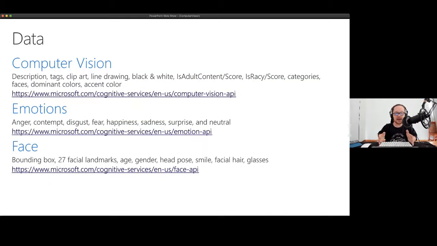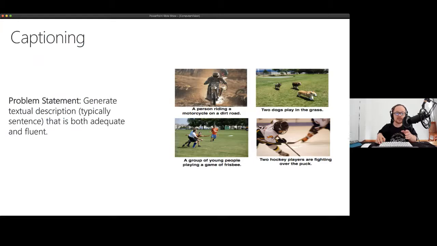On top of that, you also need to do computer vision. So you need to tag clip art, line drawings, black and white, is adult, is racy, categories, and then also tag the emotions, and then also the face. So it's a pretty daunting experience. But how do you generate textually descriptive sentences that are both accurate and fluent? So here you've got